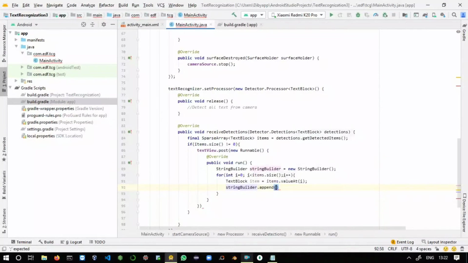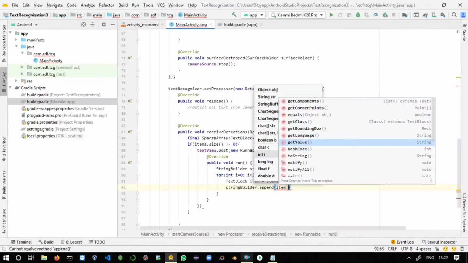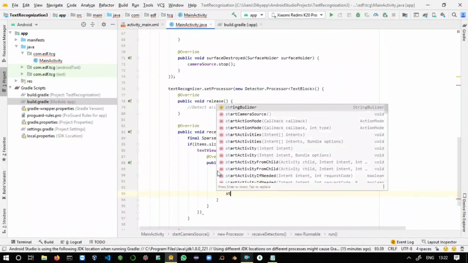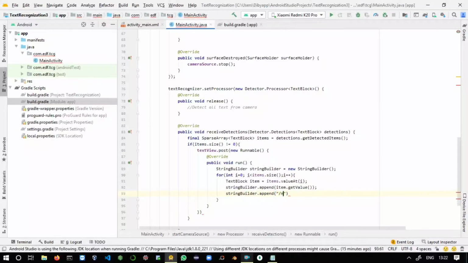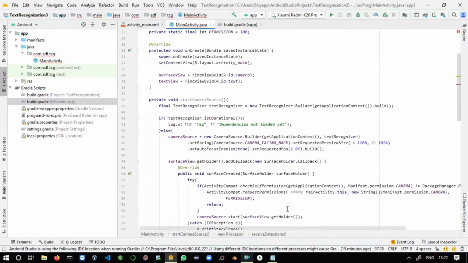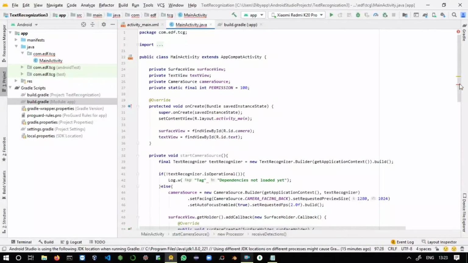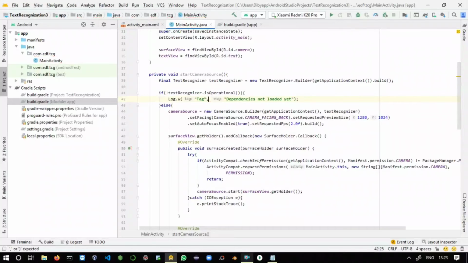After that stringBuilder.append item.getValue. Then stringBuilder.append backslash n for a new line. Come out of the for loop. Here you can say textView.setText stringBuilder.toString, ending with a semicolon. One error is coming. I think I am missing a comma here. Just end with a comma.